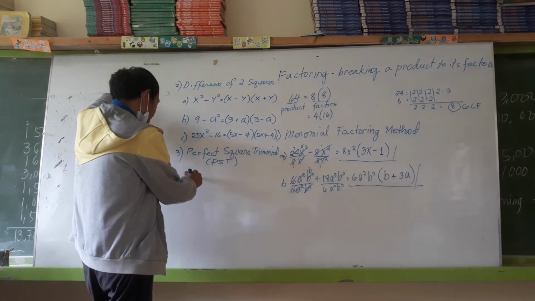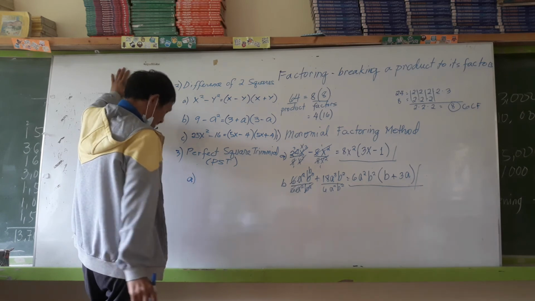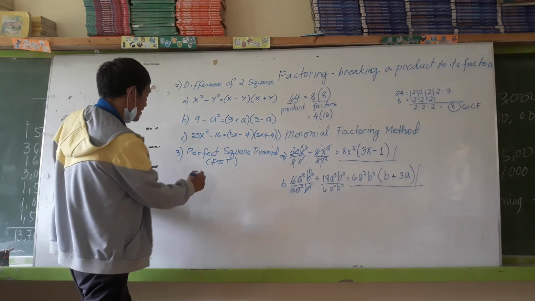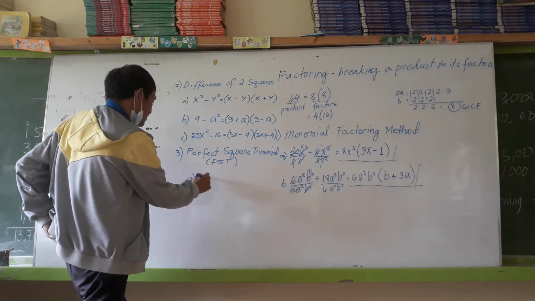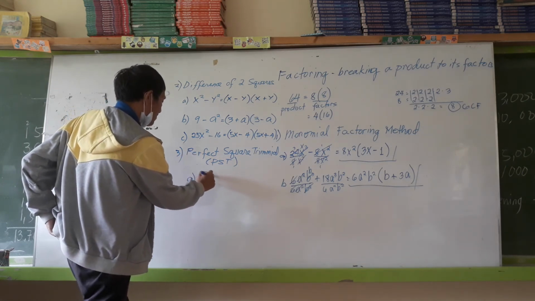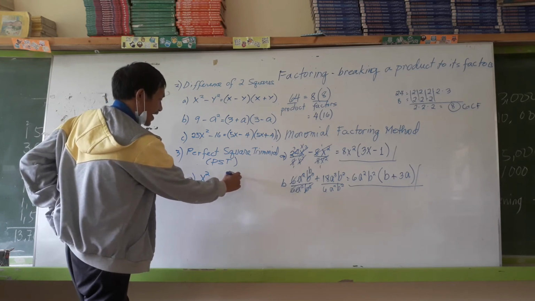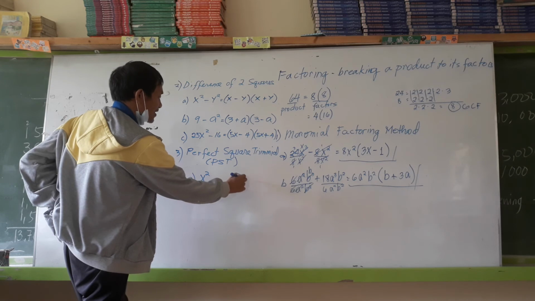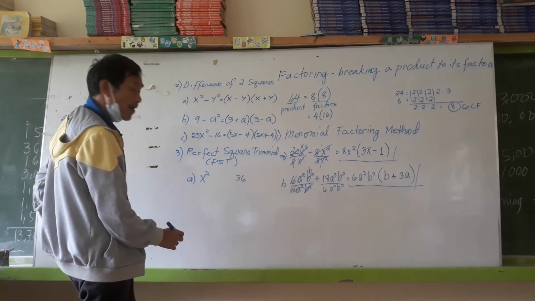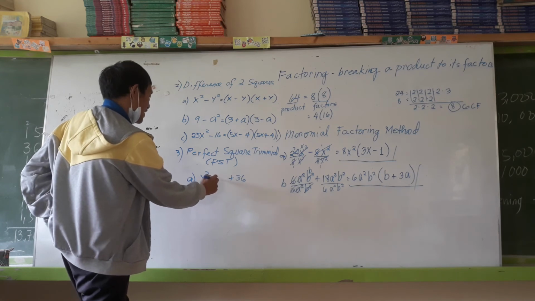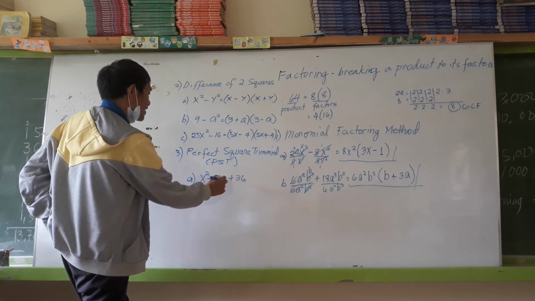Perfect square trinomial. So what are the characteristics of this kind of polynomial? You need to have a first term which is a perfect square. Then the last term which will be a perfect square also. Then the middle term must be